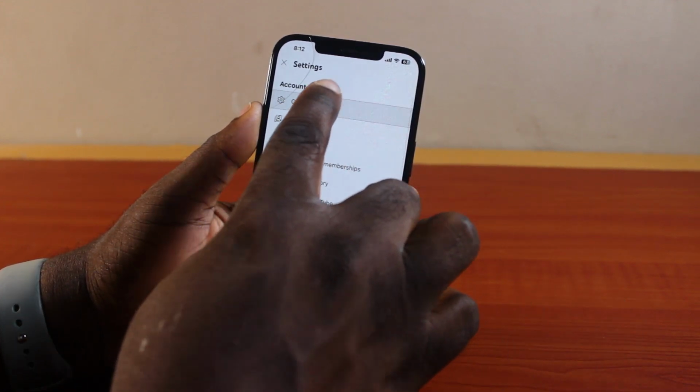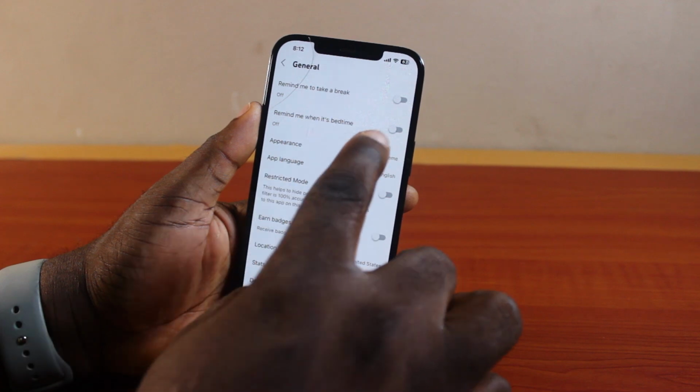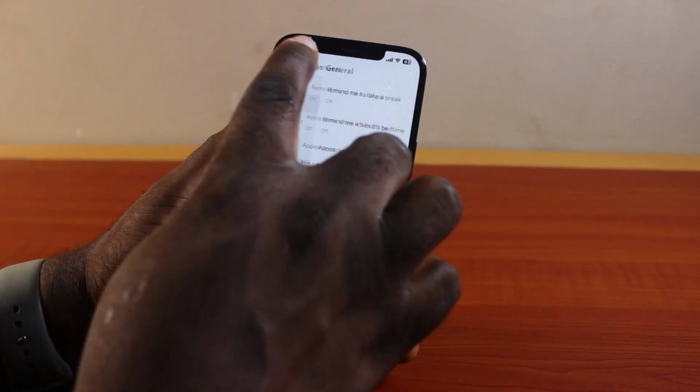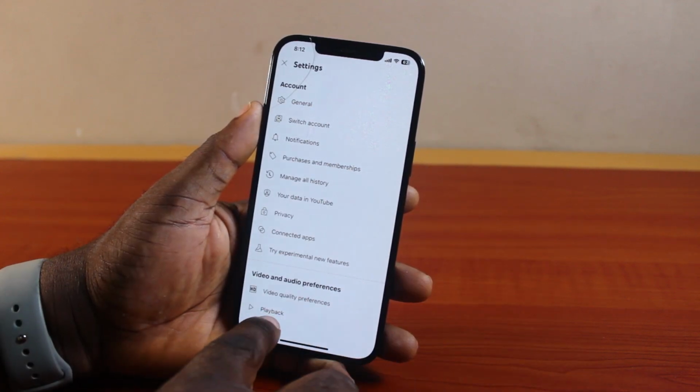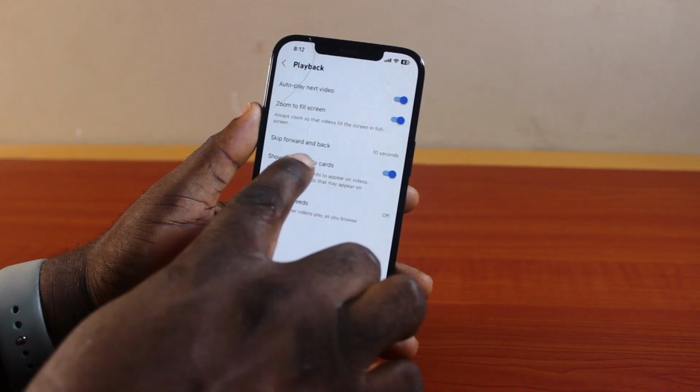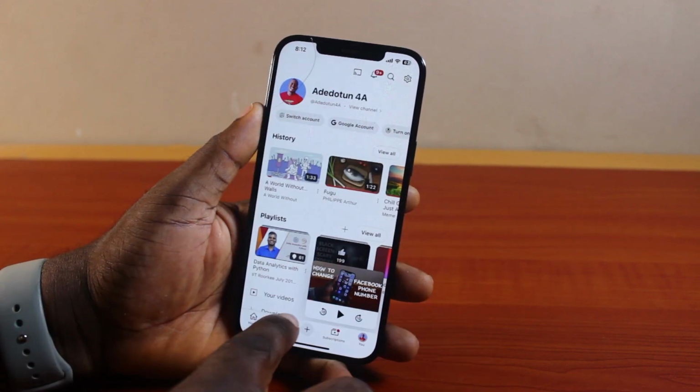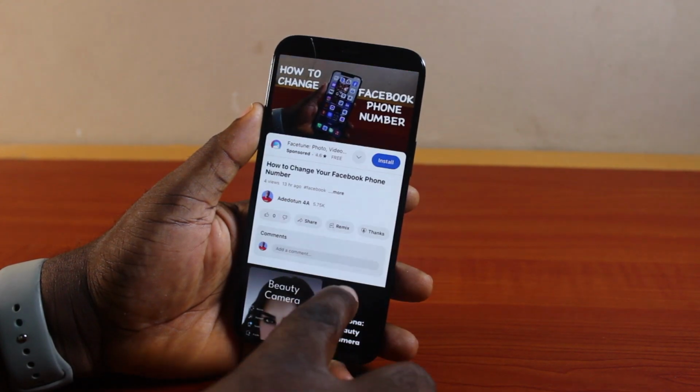Now, on your Android, just come to General. Under General, you see Zoom to full screen. Then turn on the same feature you turned on under video playback here. And then the next time you go back to the YouTube application and open any YouTube video,